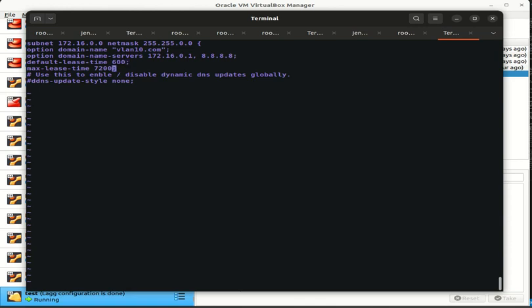So default lease time, max lease time, and since we aren't configuring any DNS server, so skip this for now, and now we are going to give it the range for the DHCP service: from 172.16.0.20 to 172.16.255.254, till, let's say, 250. So that's its range,